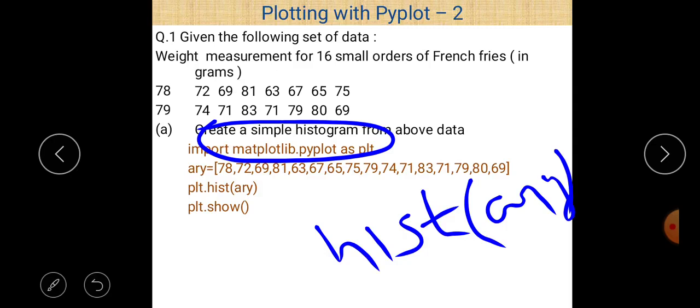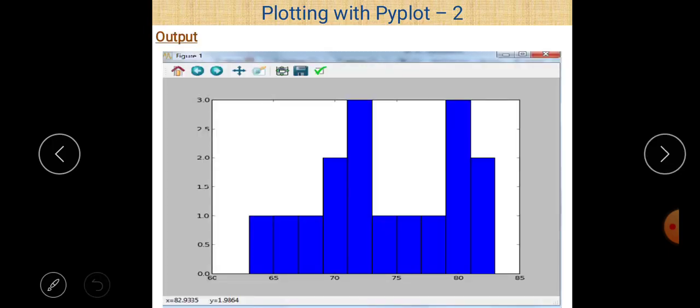So after the execution of this program, one more thing: this is a variable ARY, and these are the different elements, and these are the elements marked within a square bracket. It means it is a list here. Okay, so that is the procedure of creating a simple histogram, and after the execution of that statement, that is